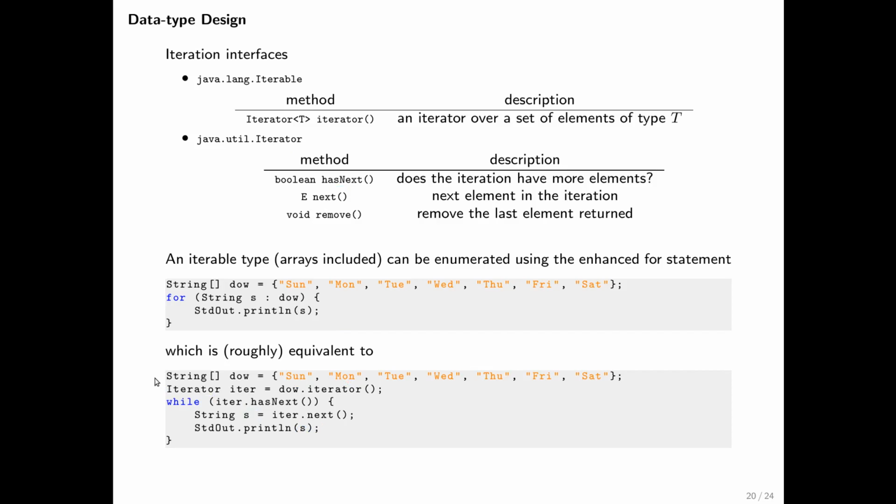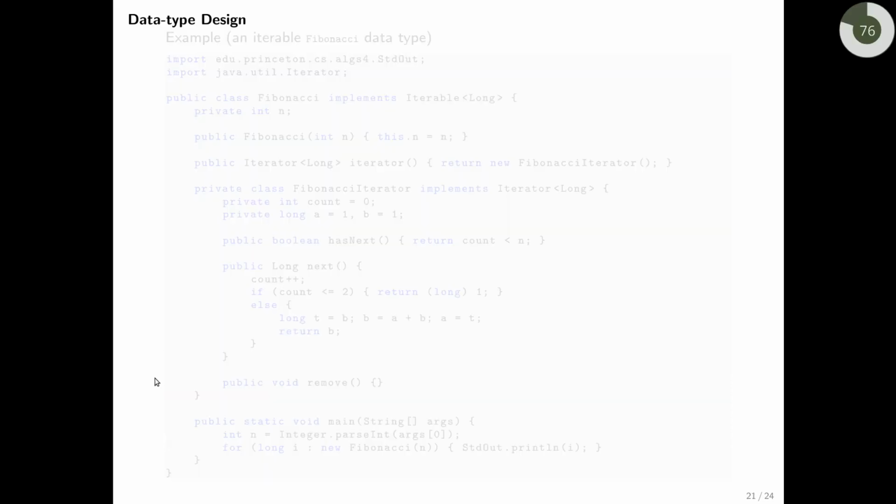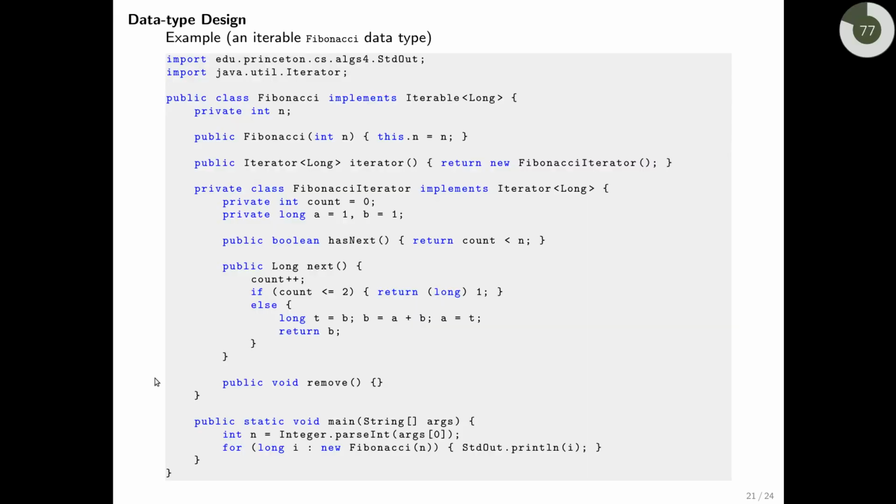Okay, so now let's take a concrete example of a data type that we're going to make iterable. All right. So this data type is called Fibonacci, and it's going to be iterable in the sense that you can use it to iterate or enumerate over the first n Fibonacci numbers. Now recall that the first 10 Fibonacci numbers are